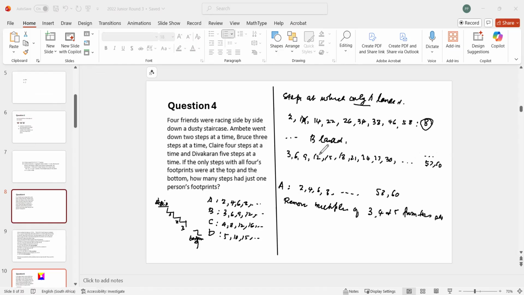Right, now you have to remove. Okay, let's just take this out. So from this now you must remove all the ones which are multiples of